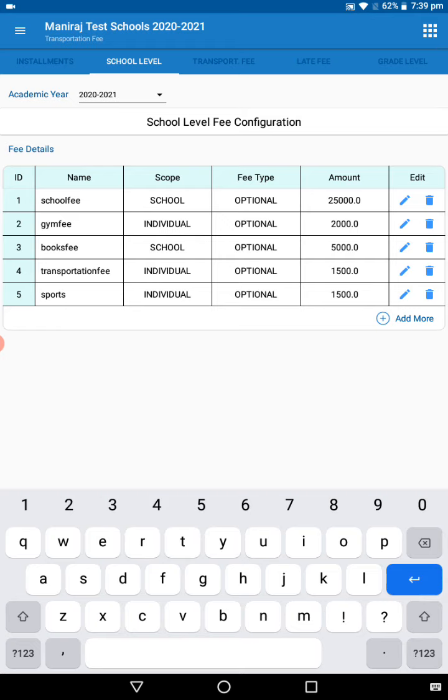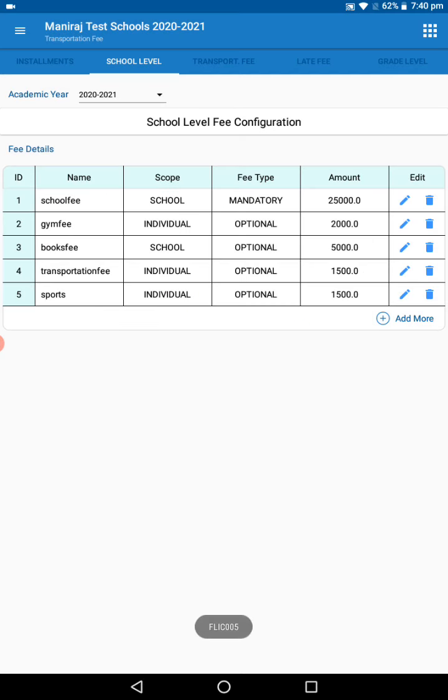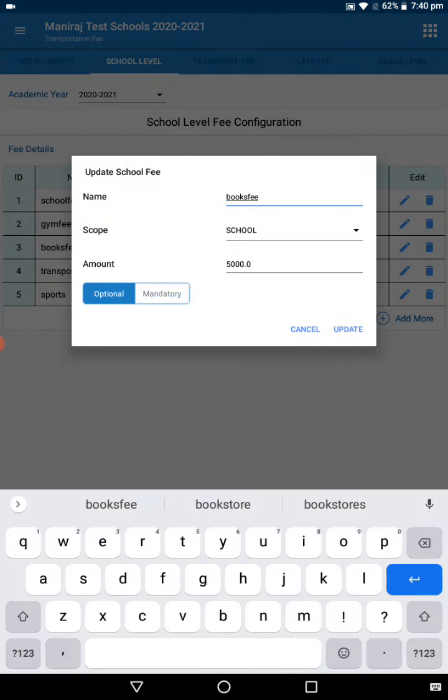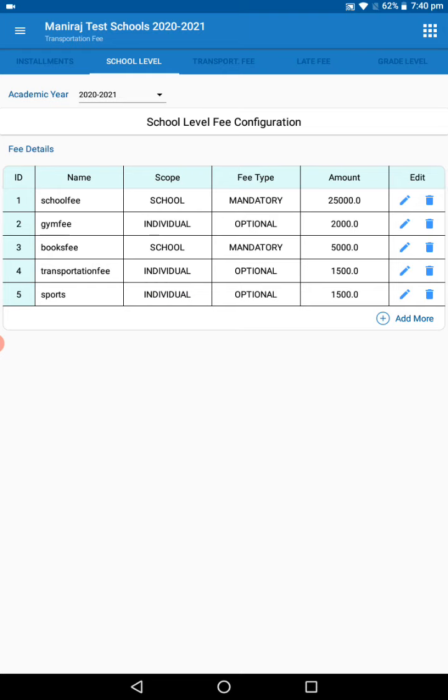And the fee type. I think the school fee is applicable for all, so here let me take it as mandatory. Optional is nothing but an option, it's our wish, but mandatory is for the whole school. Okay, now let me click on the OK button, so that here you can see the fee type. Our school fee is mandatory, and the gym fee is optional, it depends upon the person. And the books fee is also mandatory, so that everyone should pay. Here I selected mandatory and clicked on the update button, so it has been updated.